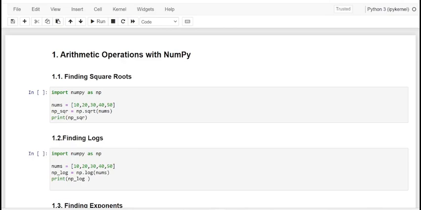Kindly have a note of that, dear friends. NumPy performs element-wise operations on arrays by default, meaning that each element in an array is operated on individually.